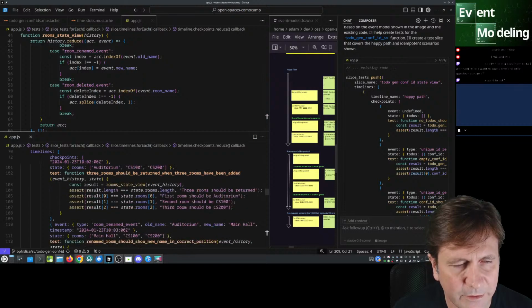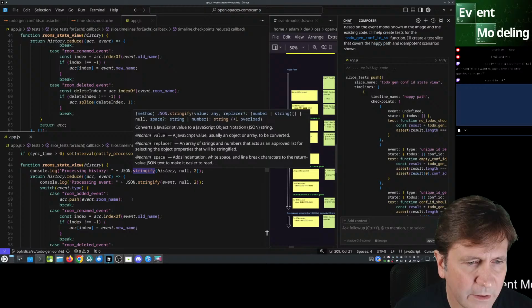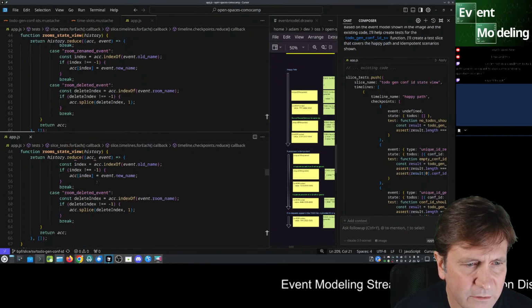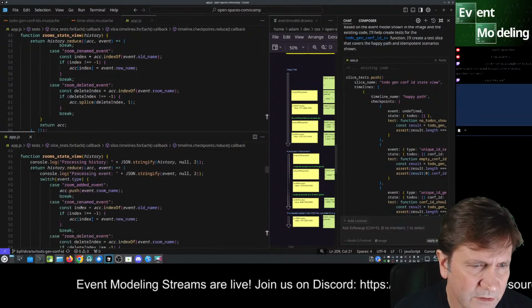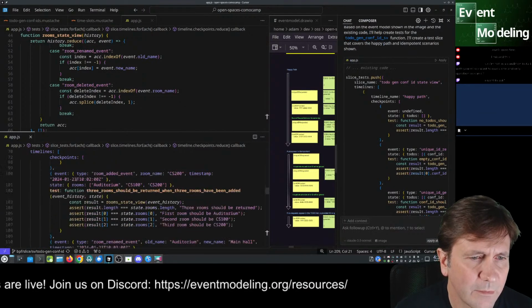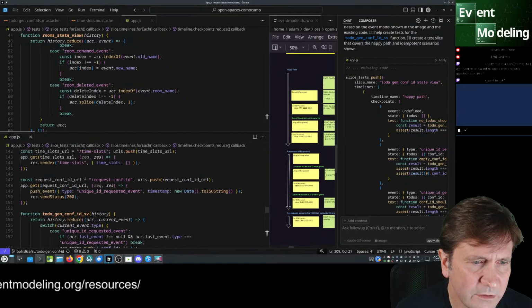Let's go to our implementation, which should be up above, right? Right, so we have this where it does return the, okay, is this the right one? No, that's room state view. This is the to-do list.